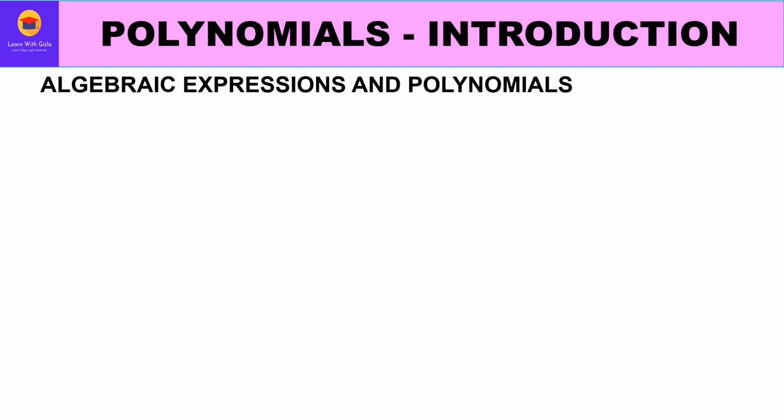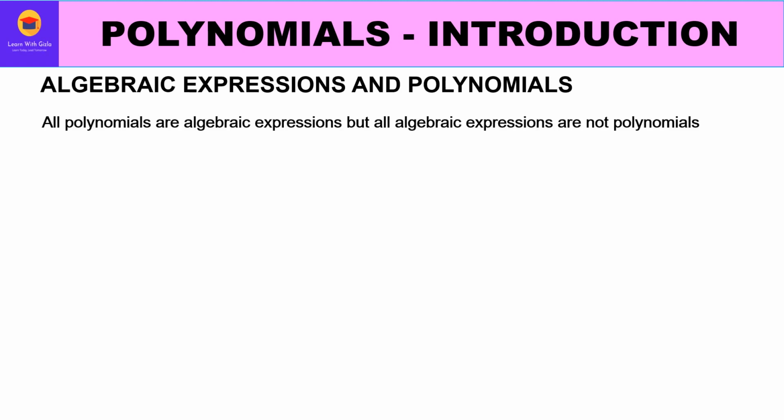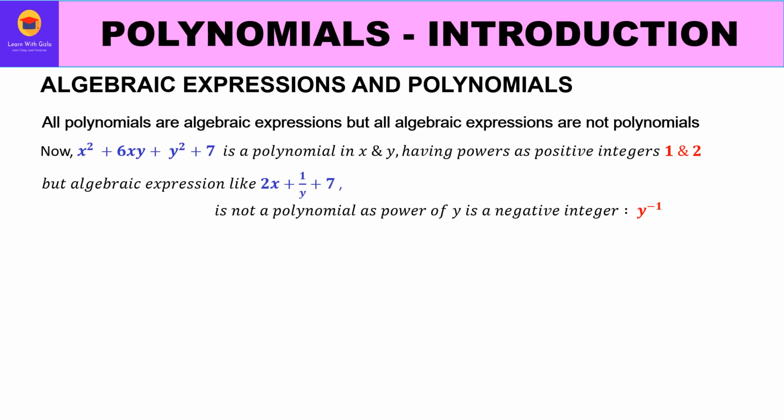Now let us learn the difference between algebraic expressions and polynomials. We can say all polynomials are algebraic expressions, but all algebraic expressions are not polynomials. Now to clear this statement, let us take few examples. Suppose I take x² plus 6xy plus y² plus 7. It is a polynomial in x and y. Two variables are used and the powers are positive integers 1 and 2. So this is a polynomial as well as an algebraic expression also,